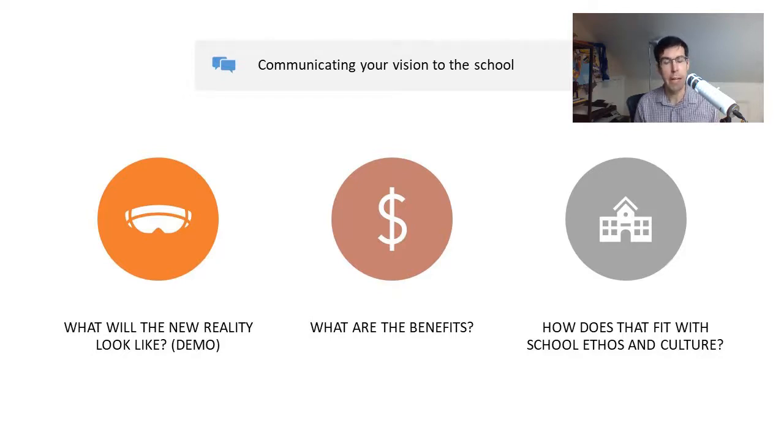So we need to highlight those benefits and how they look. And then you also need to make sure that any of these visions also fit in with the school ethos and culture. So you don't want to copy this vision from another school. You want to make this vision your own, because every school has their own ethos and culture, and really this should lock in with that. So what is your ethos, and how will this digital strategy support that? It's definitely worth thinking about that when you're planning out that vision and communicating it to the school.